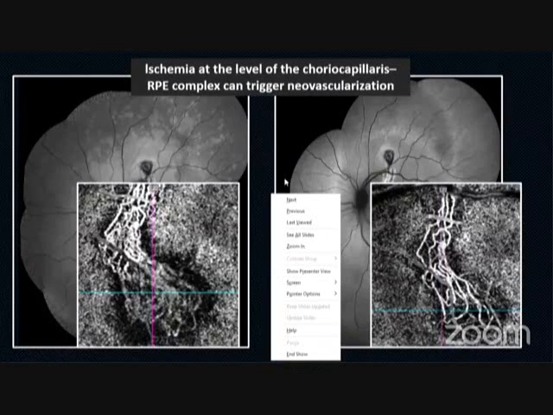Okay, good. So they said that the occurrence of CNVs in patients with MEWDS could occur due to a limited ischemia that would occur at the level of the choriocapillaris and the